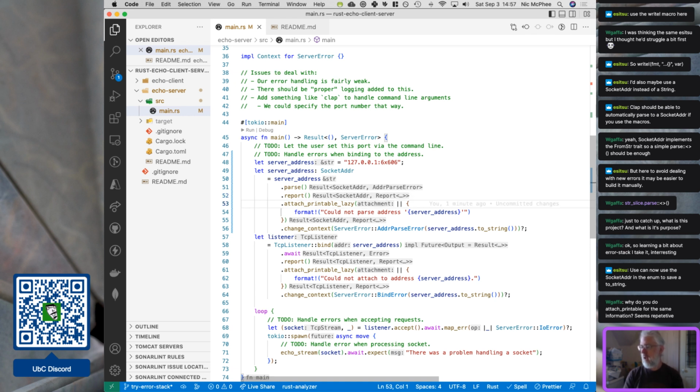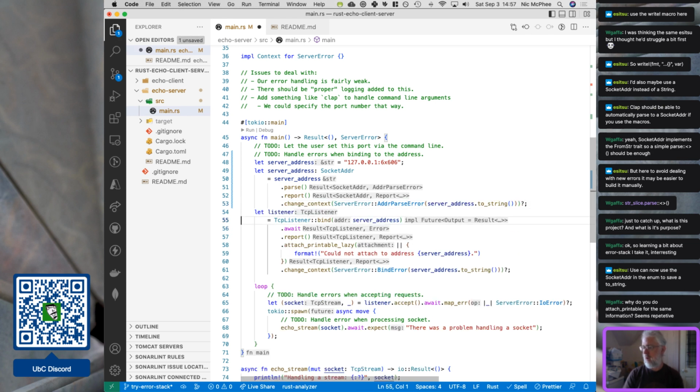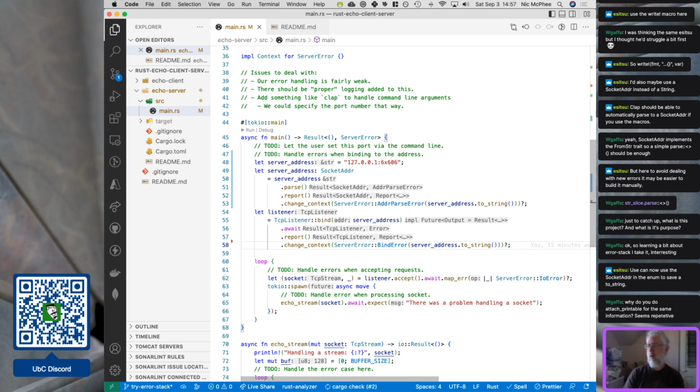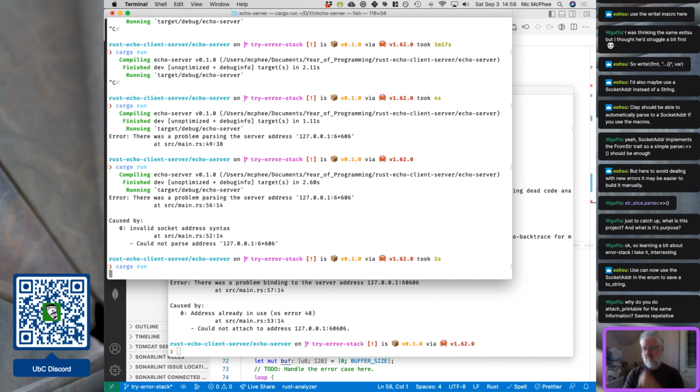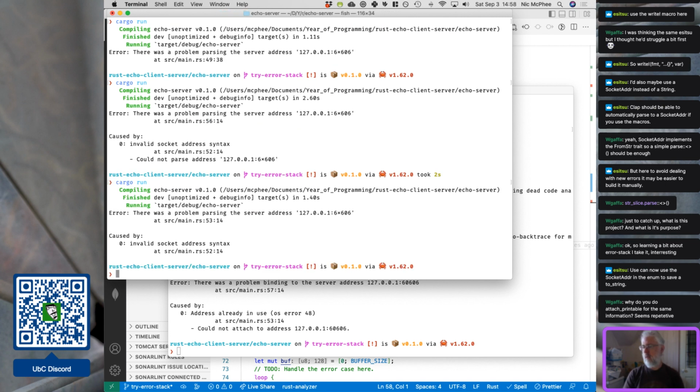So really, I probably don't need this attach printable lazy, and I probably don't need this attach printable lazy. And then I think these will leave us, yeah, with a slightly